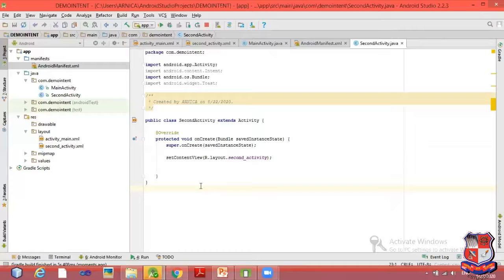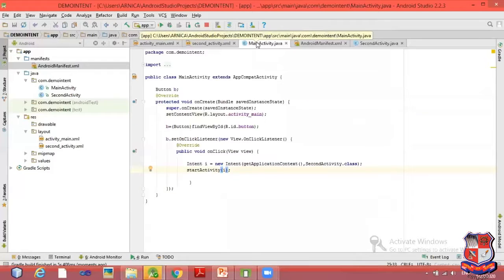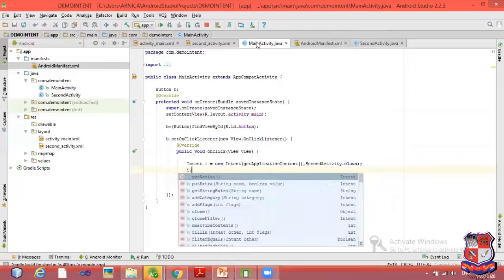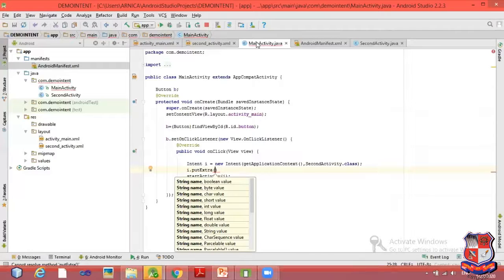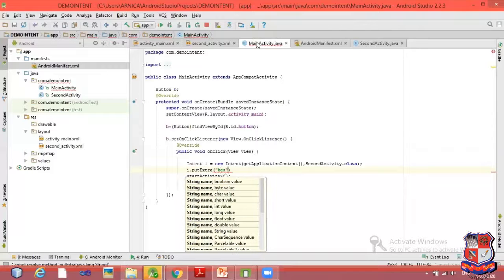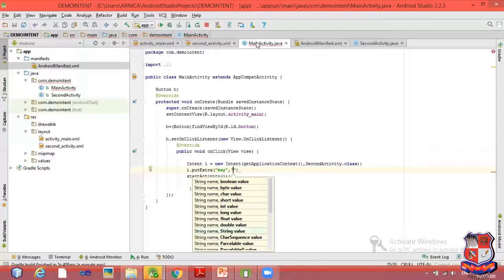Now to transfer data, I need to transfer one name from the MainActivity.java file to the SecondActivity.java file. So for that, I need to write the putExtra method. i.putExtra. There are two parameters, key and value.